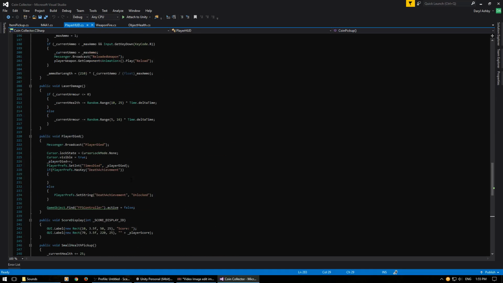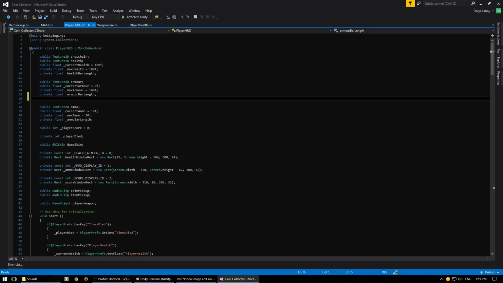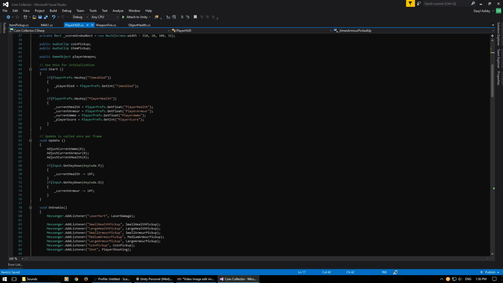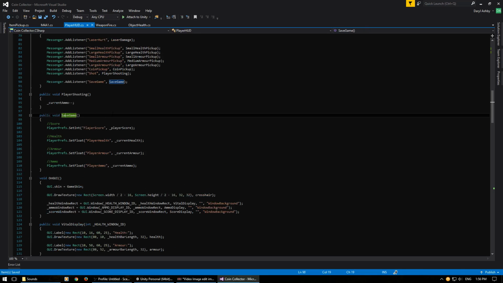So we've got the armour thing here. Where's my armour? Here's my armour. It's a private int. It's called times armor picked up equals 0. And then copy that underneath the health. Health picked up. It's 0 for now. Now if I go down to that save game,